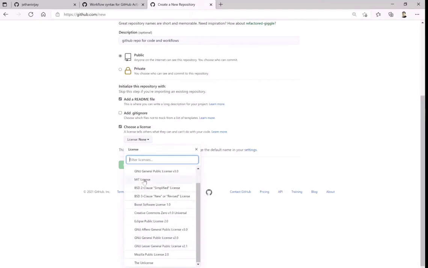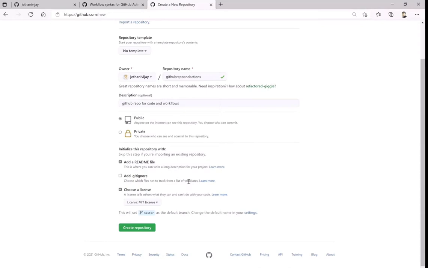By default, if you are not sure, just choose the MIT license for going with the basic repository creation. By default, the first repository created will have one single branch. So let's create that.